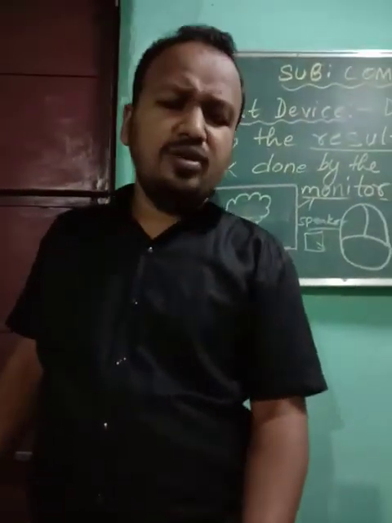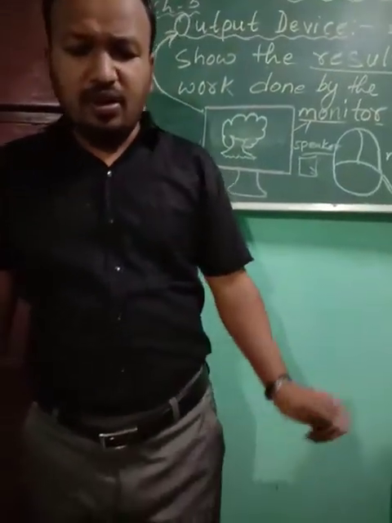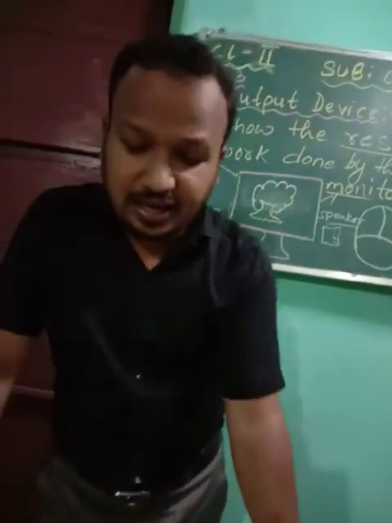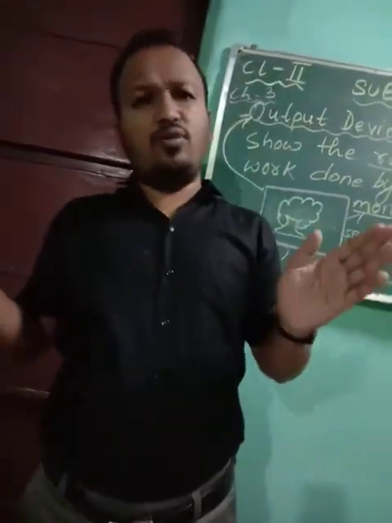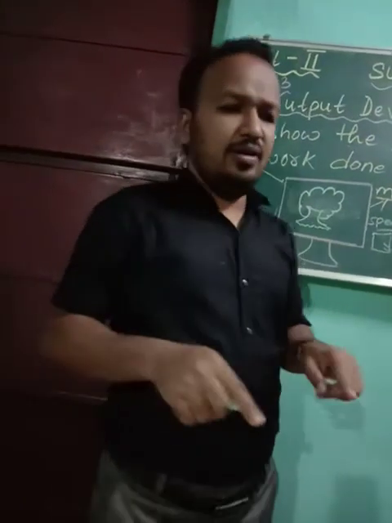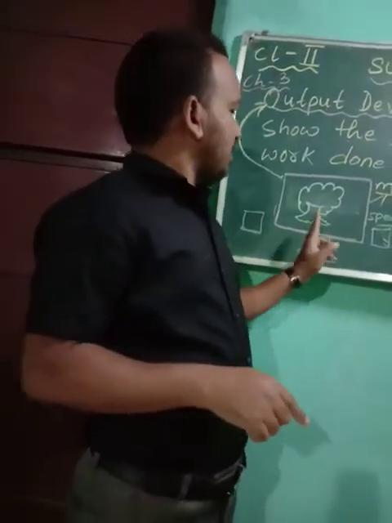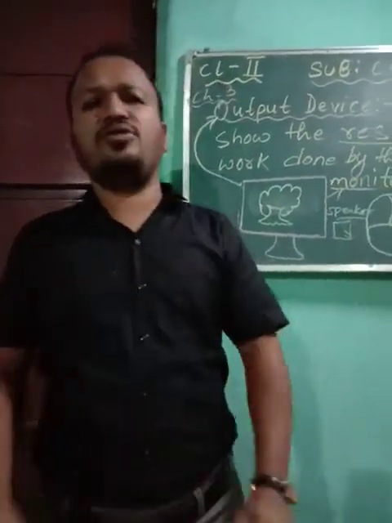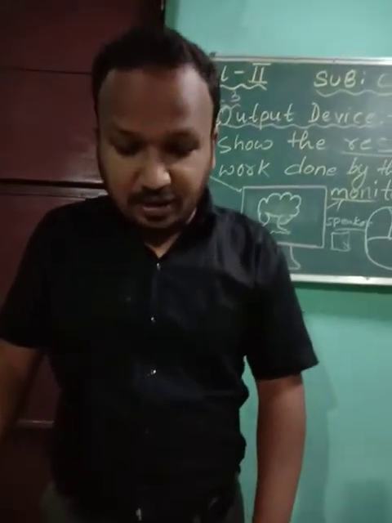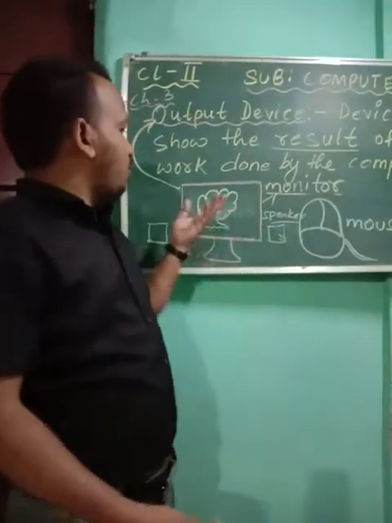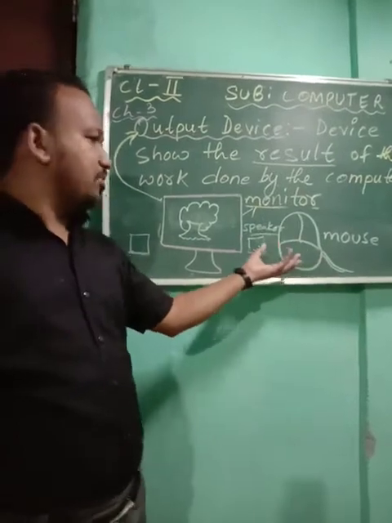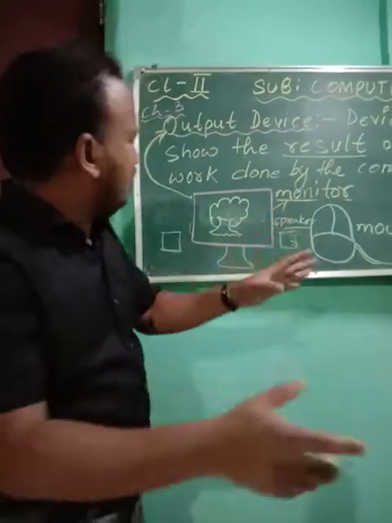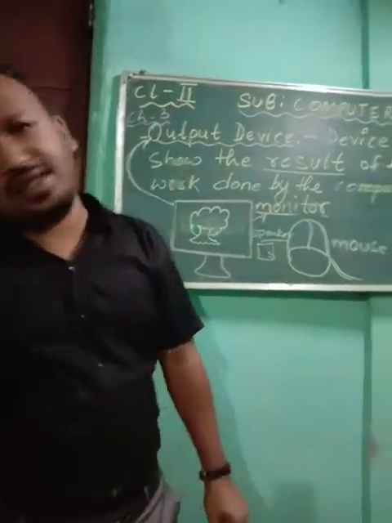So you see, so many things we can do. Now your monitor is an output device. It looks like a television screen. You have a television in your home, so it is similar. Monitors are very similar to your television screen. Whatever you are doing on the computer with the help of the mouse, or typing with the help of the keyboard, everything will be shown on the monitor screen only.